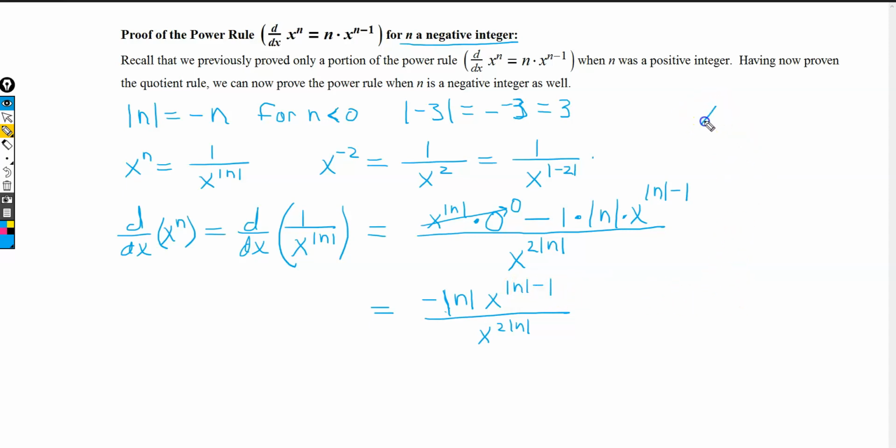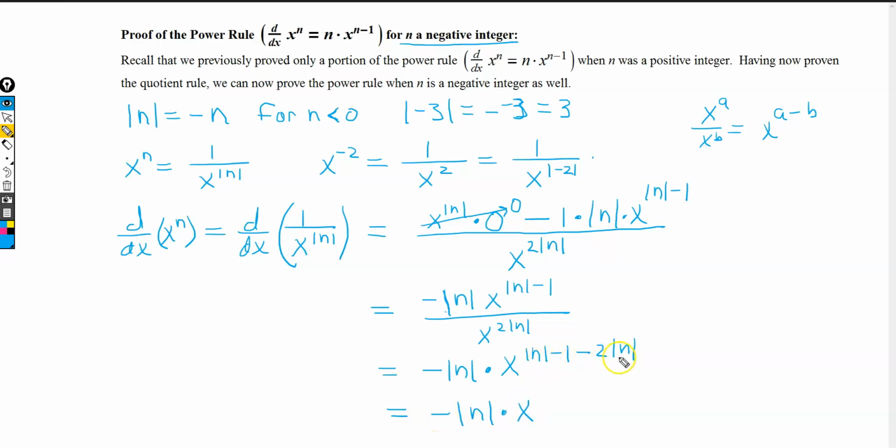Remember, x to the a over x to the b is x to the a minus b, right? Okay, using that fact, what we have then down here is and then we can clean this up as